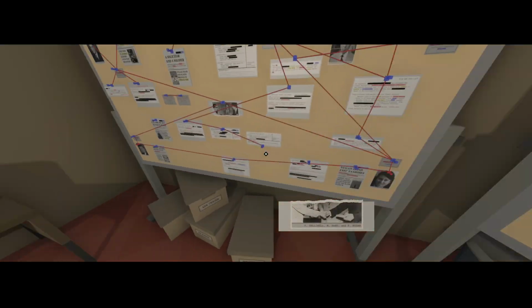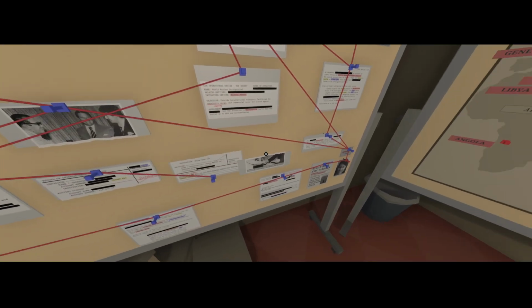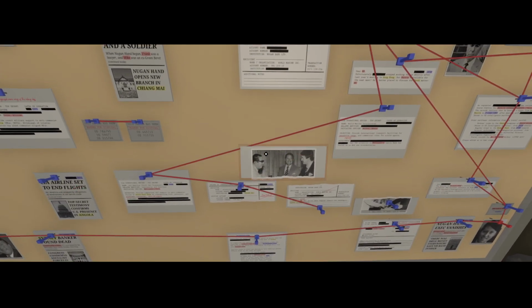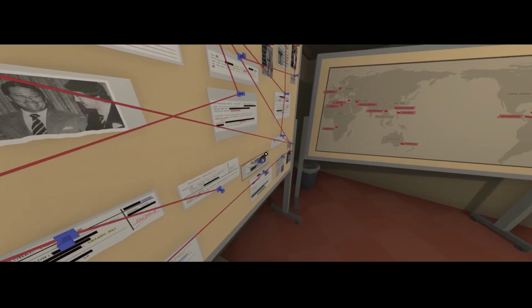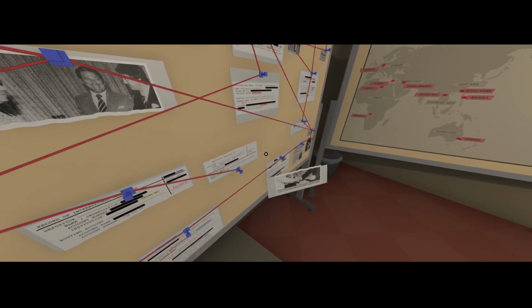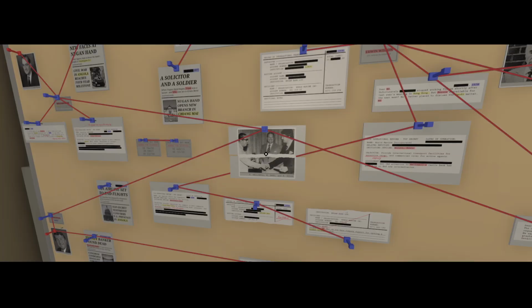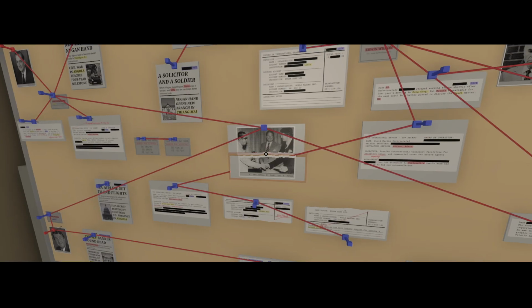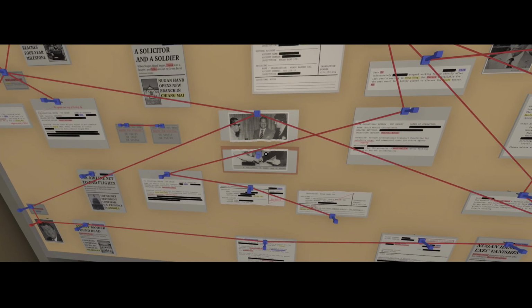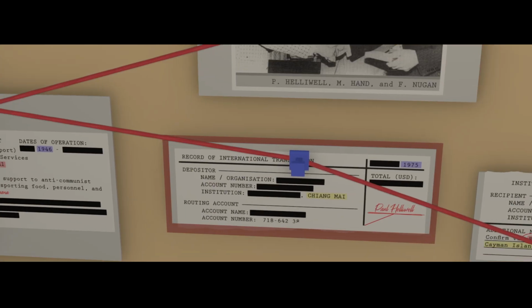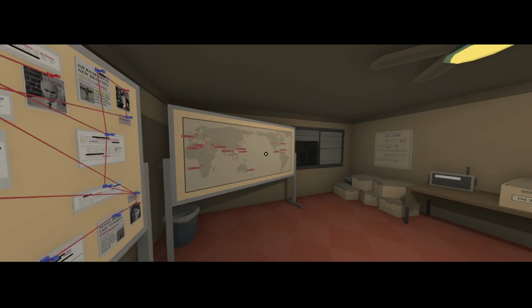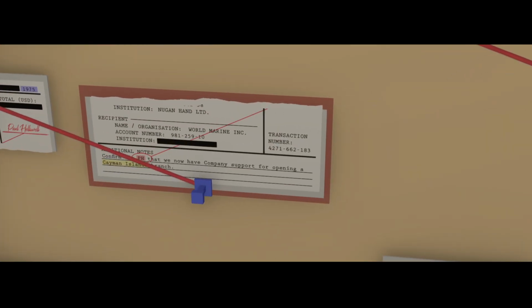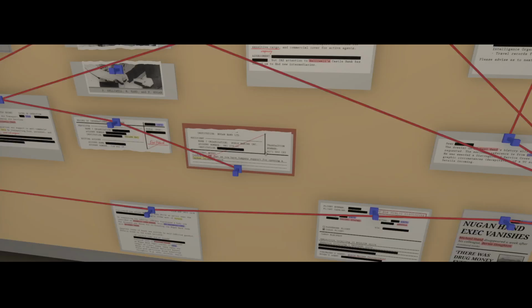Mother. Dude, wait. Raise the picture up a little bit. Wait, so this is actually Paul Helliwell, Michael Hand, and Frank Nugan. Wait. And then we just learned Paul Helliwell, the Cayman Islands.